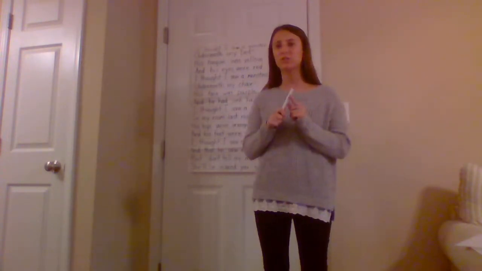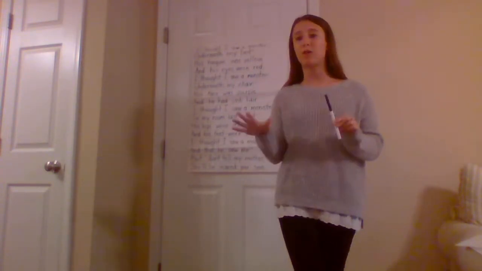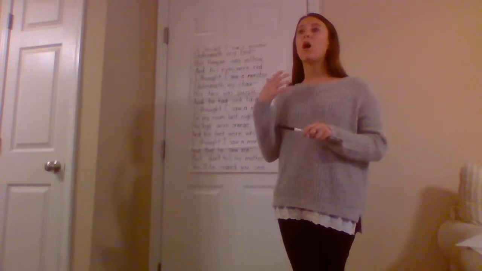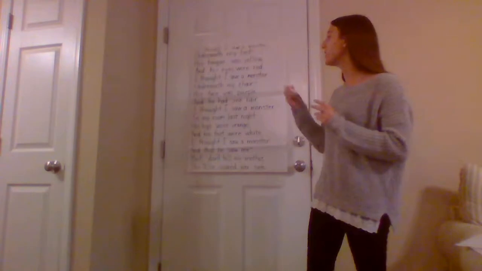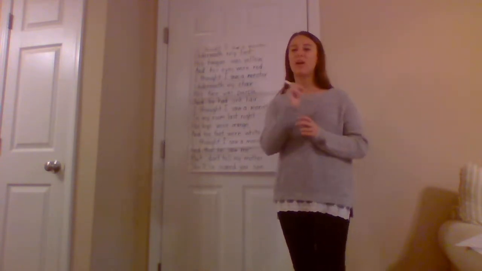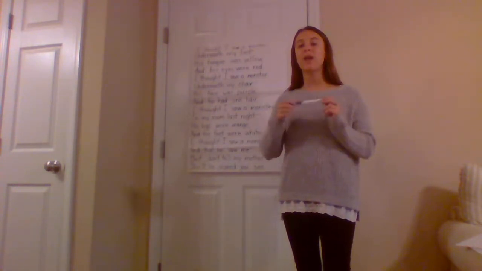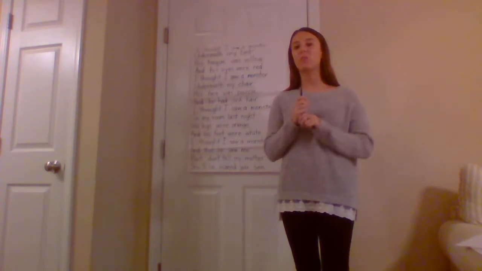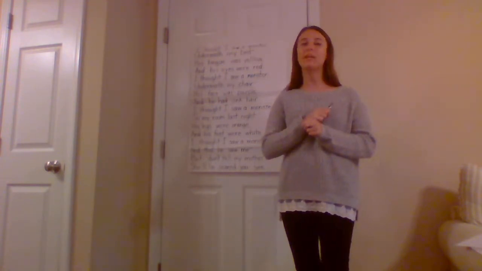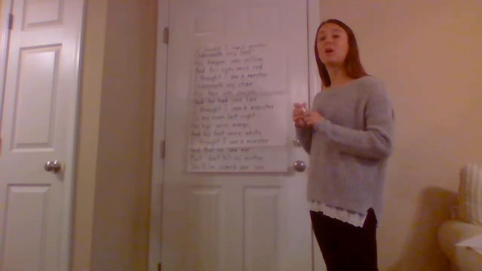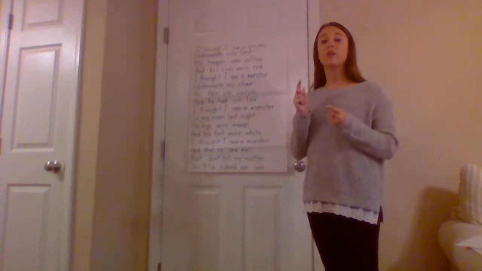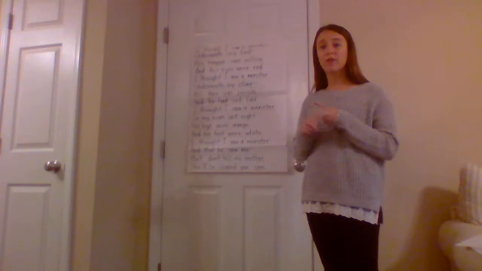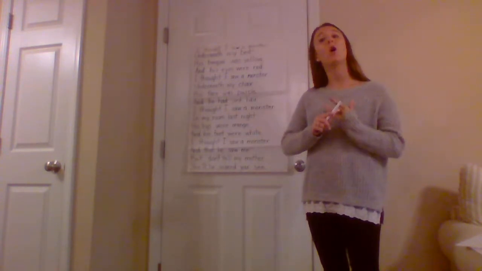This is what we're going to do. It's about monsters. I'm going to read it through once while you guys follow along, and then we'll talk about it a little bit, and then we will stop and I'll read it part by part, and we're going to underline the important parts, okay? And then at the very end, we're going to put it all together with an activity. All right. So this is called Monsters, and it's anonymous. That means that either they don't know who the author is, or the author didn't want their name to be put on the poem.